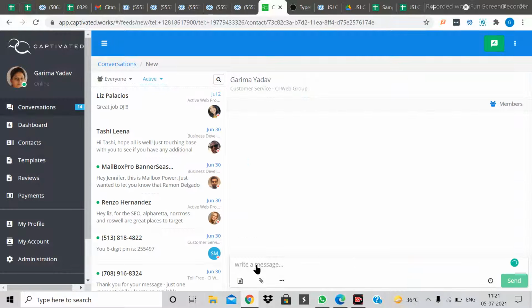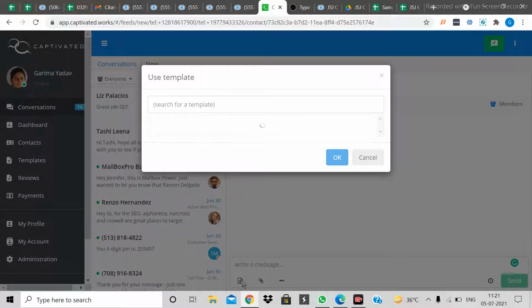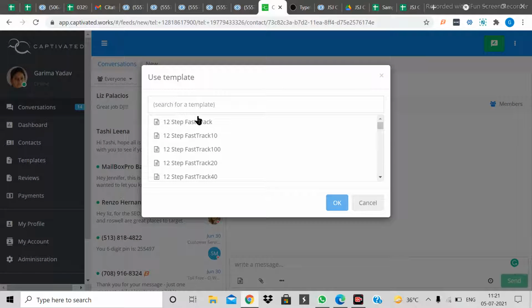So this is done. After this, you have this type of box here. These are some templates which are already in the system. You have not been assigned any template yet. So once you are done with this training, Kathy ma'am will, I think, help you in getting the right template. I'm just letting you know here how you will select your template once you have the template ready.